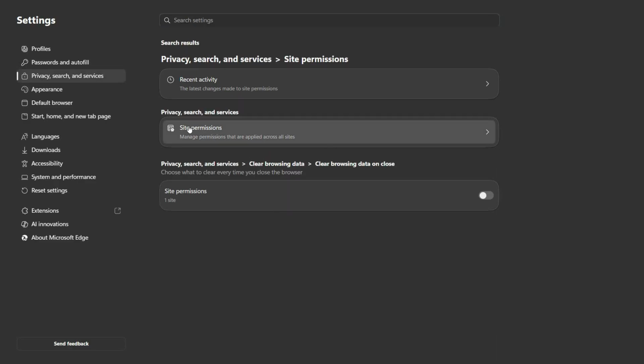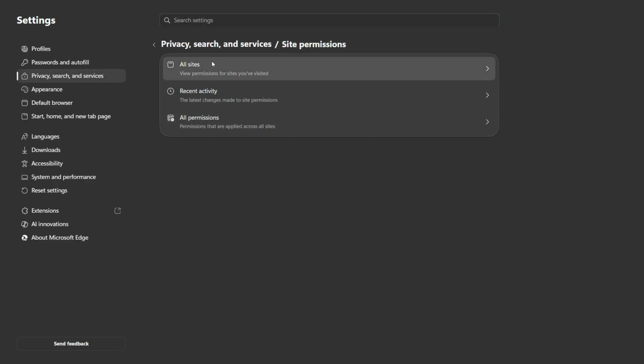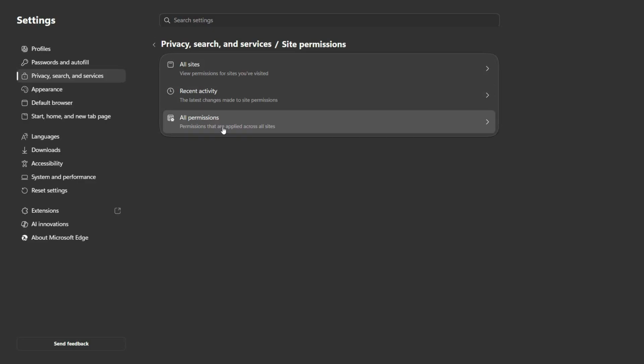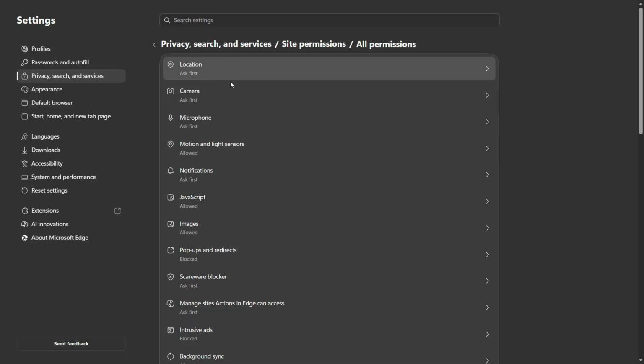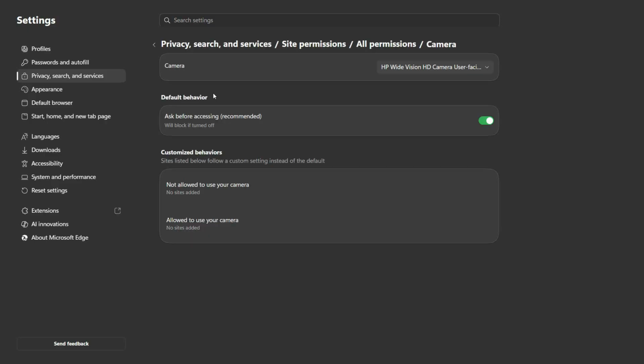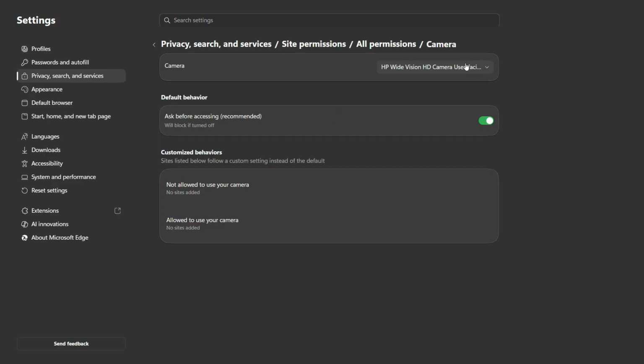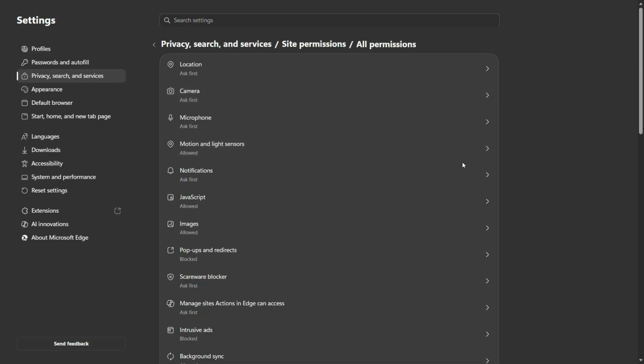Click on that and click on the site permissions, and select all sites, or click on all permissions at the bottom. If you want a specific camera, let's say for all the sites, it shouldn't ask first. Rather, it should select the camera directly. So you can toggle off this ask option and it can be the default camera for all of the sites